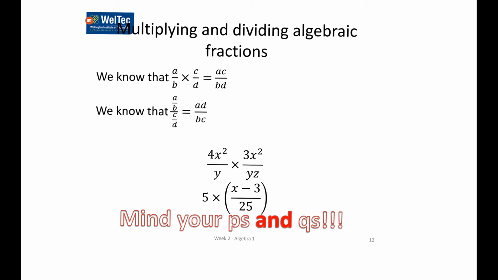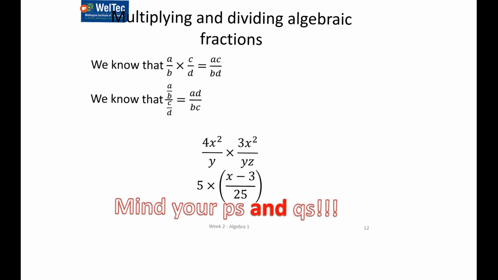Remember that division particularly is the tricky one, and it asks us how many times does C over D in this case go into A over B. So it's the old flip and multiply. The multiplication example there, top line times top line, so that would be 12x to the 4 over y squared z, and we couldn't simplify that. The next one we could simplify because we could cancel one of those 5's in there, and in actual fact then that's our